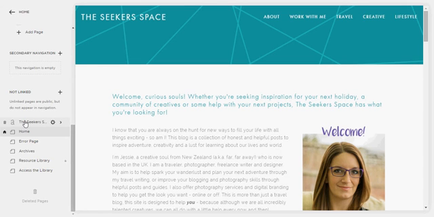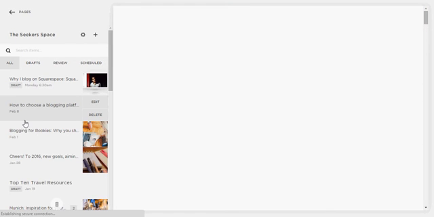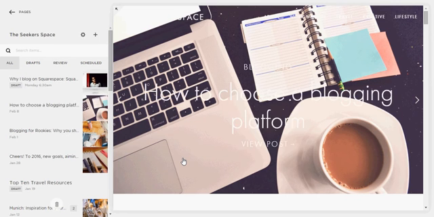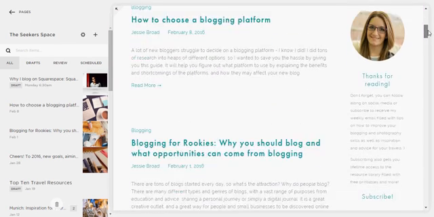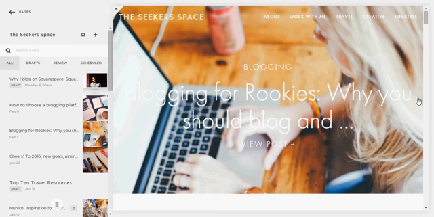My blog is down here, so I can go in and add new posts, edit them, make all the changes that I need to, add tags and all that crazy stuff. And it just comes up in a list and views very similarly to how people are going to see it as well. The template that I'm using is the Hayden template, so it does have quite a large header image. I'm trying to figure out how to make that smaller at the moment, because with the templates there are a lot of changes that you can make which are fantastic,